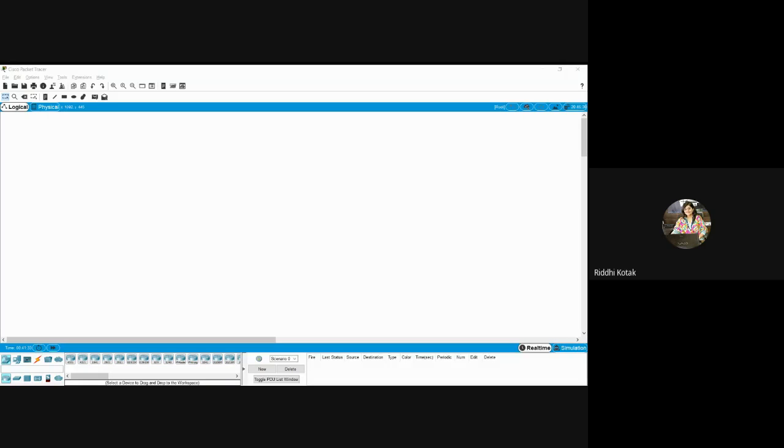Remaining students, what you can do is go to Google Classroom, download the practical format and practical list, and add your details and also the aim of the first practical. So be ready with that, and the remaining things you can add step by step, and within the lab you can prepare your own documents, right? So you can utilize your time in that way.